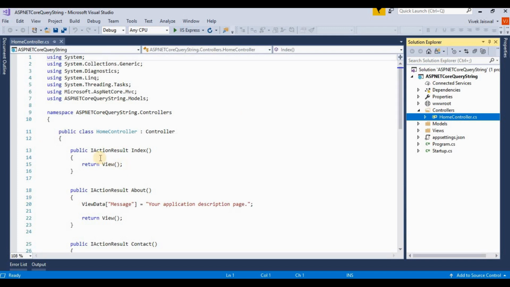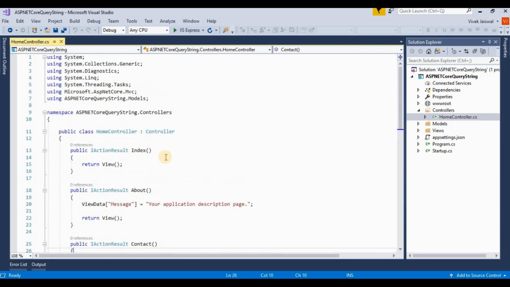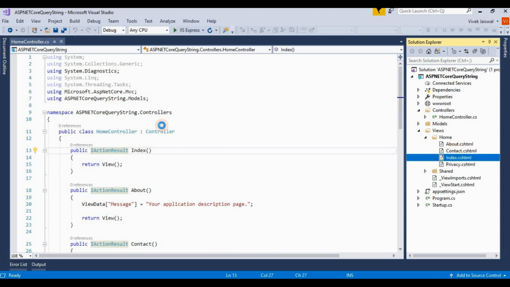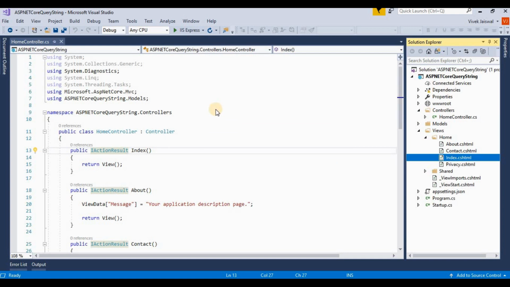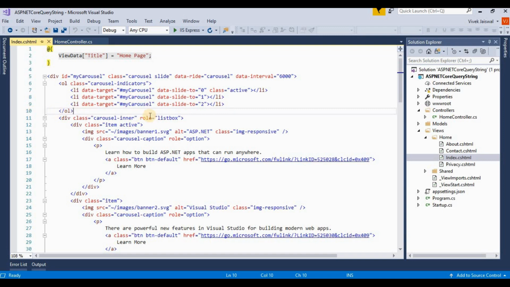By default all these pages are created when we choose MVC. So I'm going to this Index view inside this Home folder, and here we create one text box and one button for redirecting to query strings.